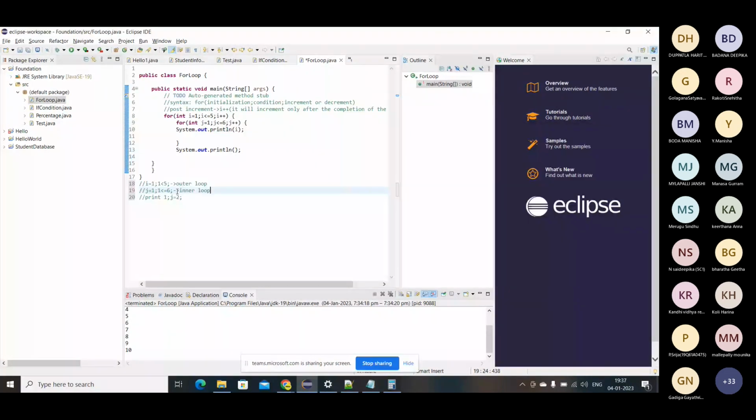This is outer loop and this is inner loop. So now what happened is the inner loop gets iterated first. So after iterating, what happens? It goes on like this. So it will check the value for j equals 2, and 2 is less than or equal to 6. Yes, it is true. So then it will print the value,